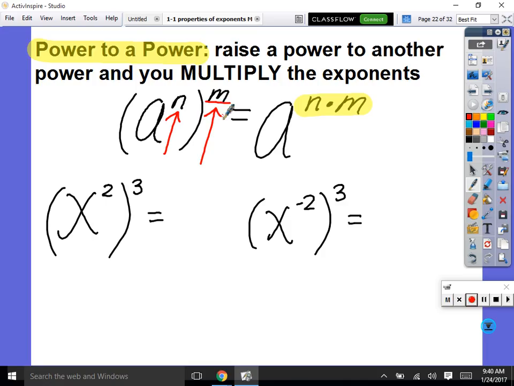So when you raise a power to another power, you multiply the powers. So the song goes, when you multiply, you add. When you divide, then you subtract. Raise a power to a power, and you multiply. It's just multiply. But here's the thing, people start to get this confused with